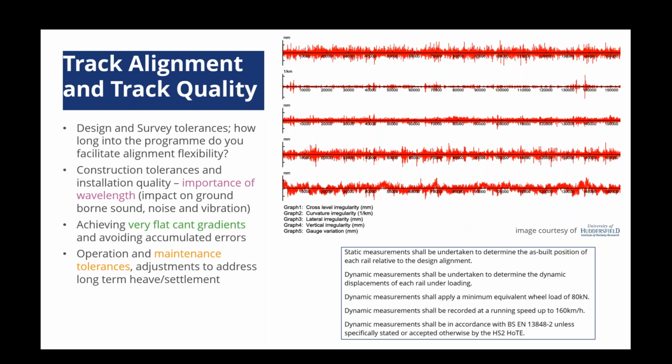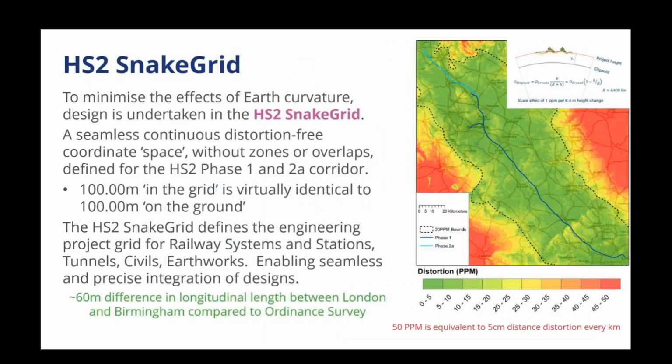So yes, we've got aspirations to achieve very high requirements around the track geometry. Clearly, a key aspect of that is how we achieve it in the field. It's all well and good designing it on a system, but in terms of survey control and delivery on site, we know that's a big challenge. We don't want accumulated errors along the site, and one of the things that has been established for HS2 and is common on